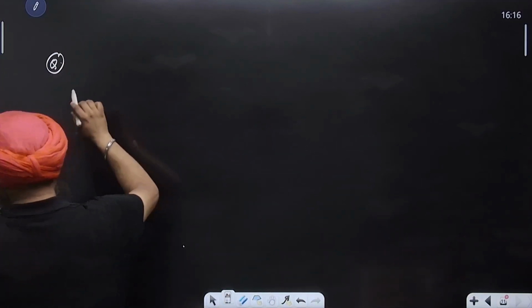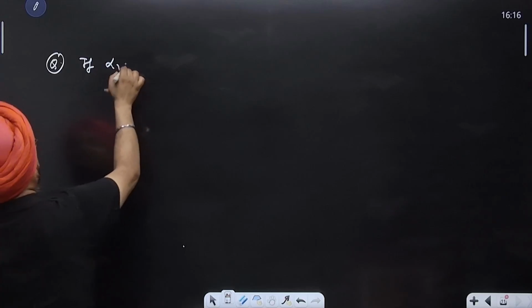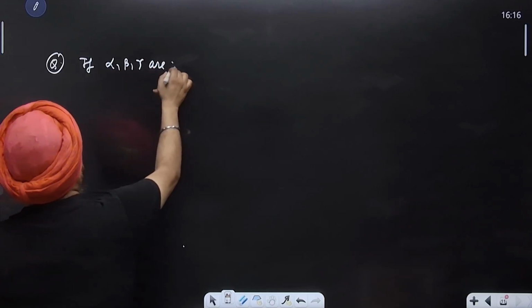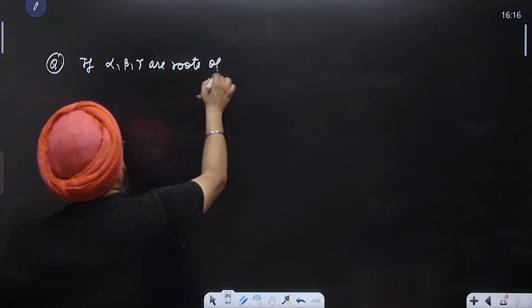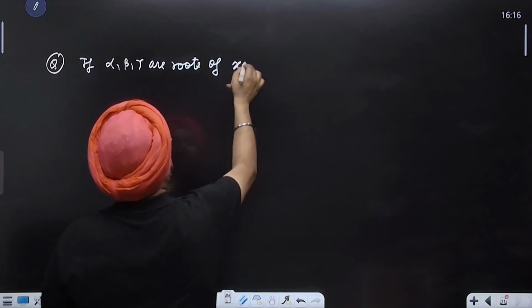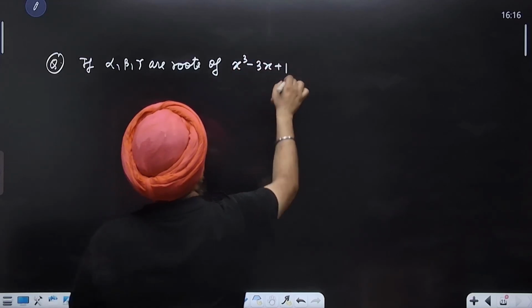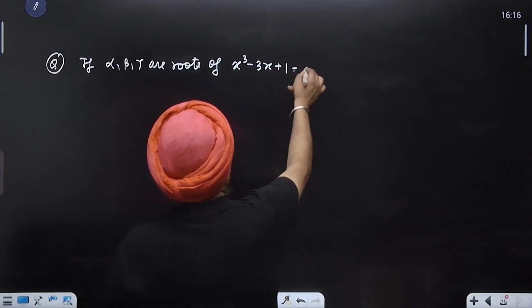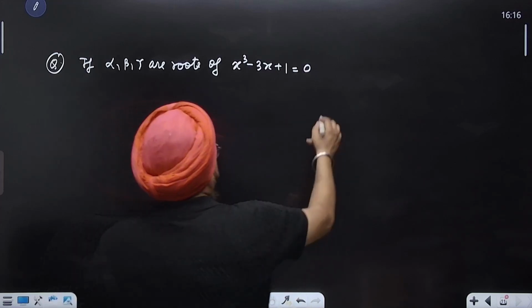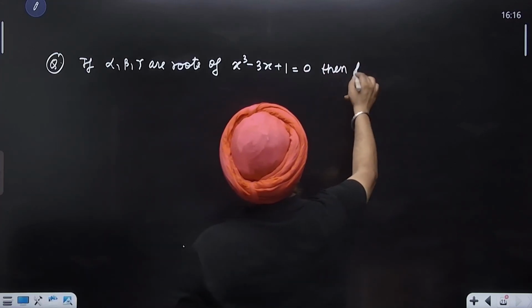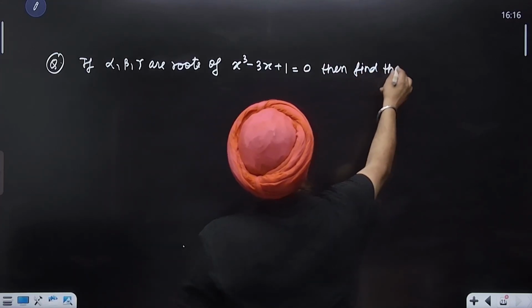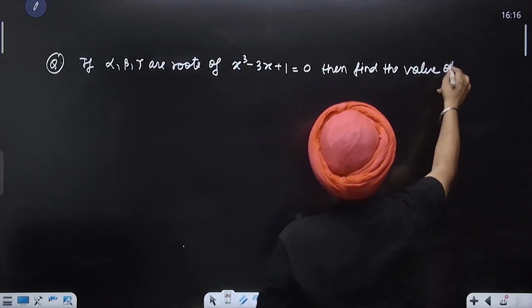Next problem. If alpha, beta, gamma are roots of x cube minus 3x plus 1 equal to 0, then find the value of